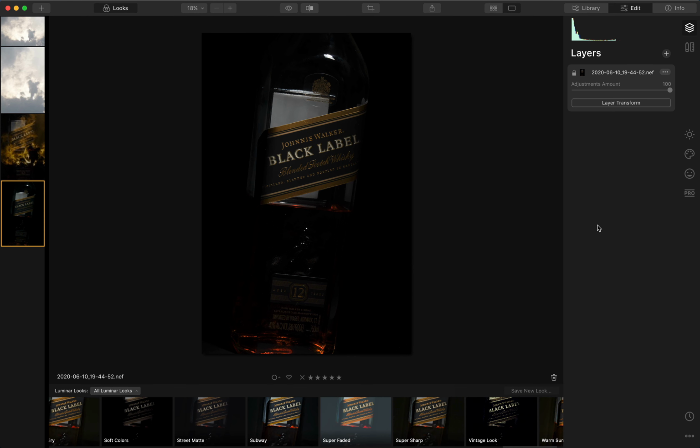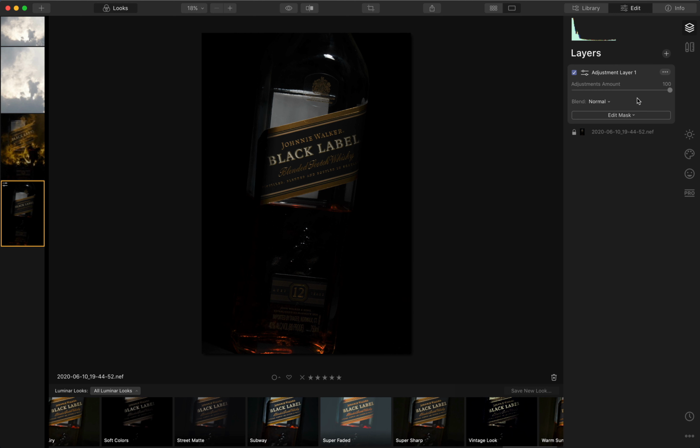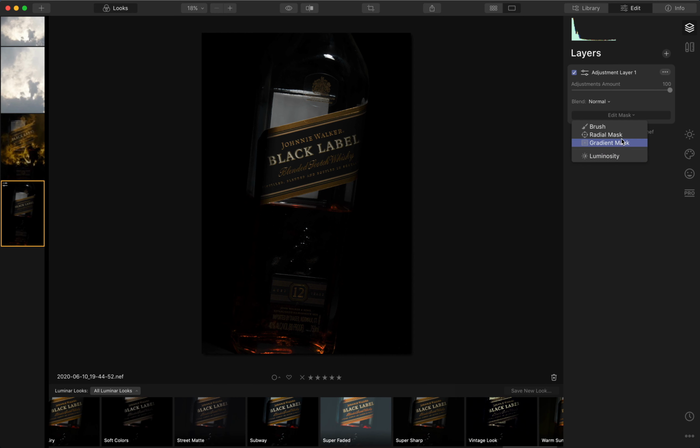For example, if we just take the current image that I have, Luminar locks the default layer and you cannot really do much with it. So let's add an adjustment layer, which will then allow us to mask. Now masking has these three options.